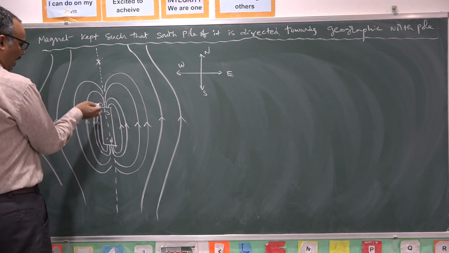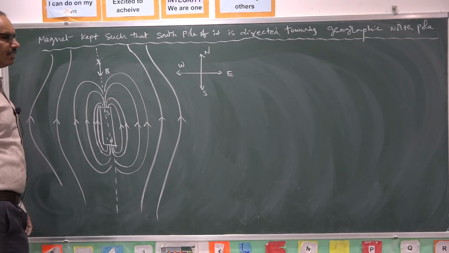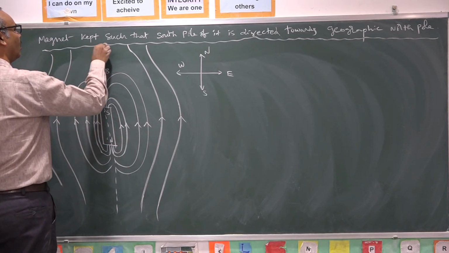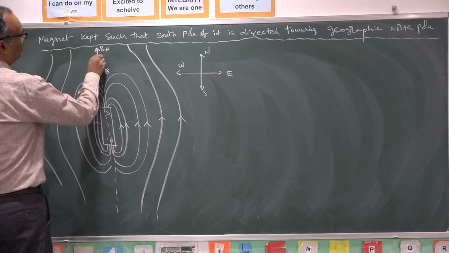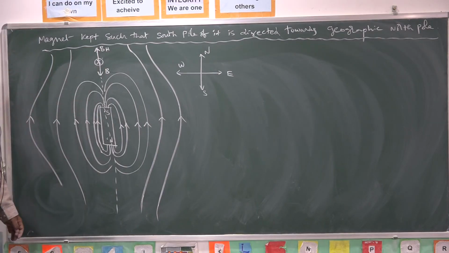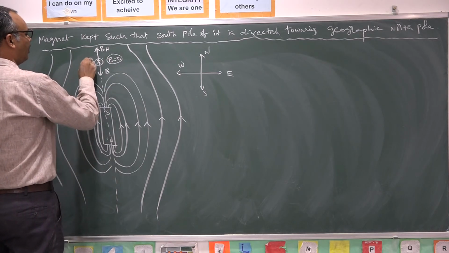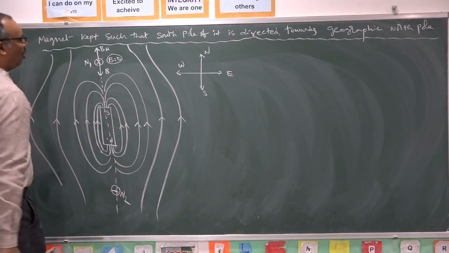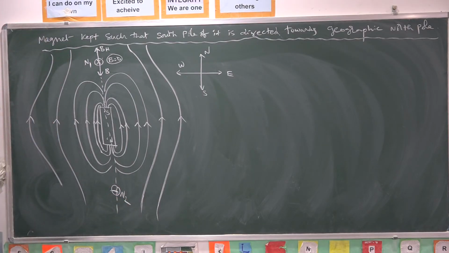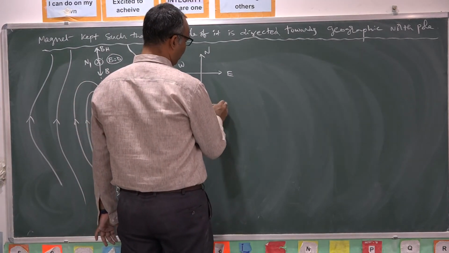How can we identify? As the lines of force are going like this, magnetic field due to short bar magnet could be like this. Geomagnetic horizontal component of magnetic field is like this. There is a possibility for getting zero field containing point. Net field is zero. Such point is called null point. So null points N1, N2 are located on the axial line of the bar magnet. Same explanation like earlier.